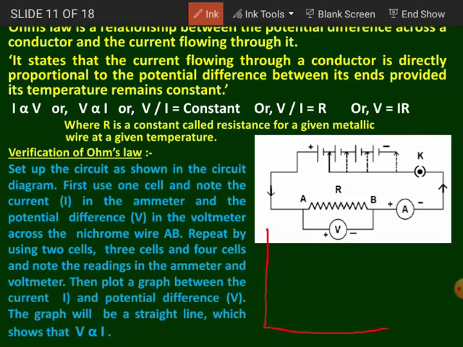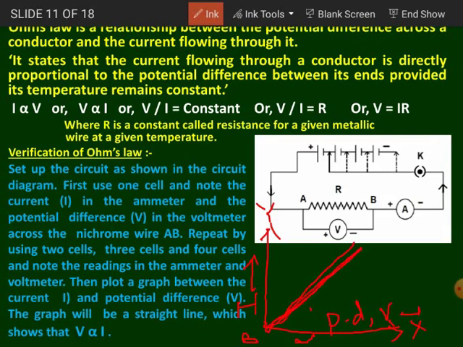While drawing your graph, let's take this as the x-axis and this as the y-axis. What to be drawn on the x-axis and what on the y-axis should be understood first, okay. Whatever is independent should be drawn along the x-axis, and whatever depends on another variable or factor you draw along the y-axis. So in my case your potential difference V should be drawn along the x-axis. Let me denote it by PD, in terms of V. And your current I should be drawn along the y-axis, and that graph will surely pass through the origin,